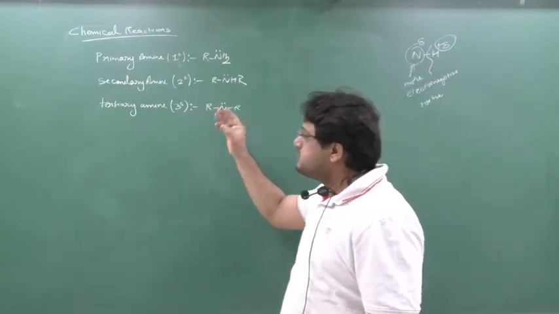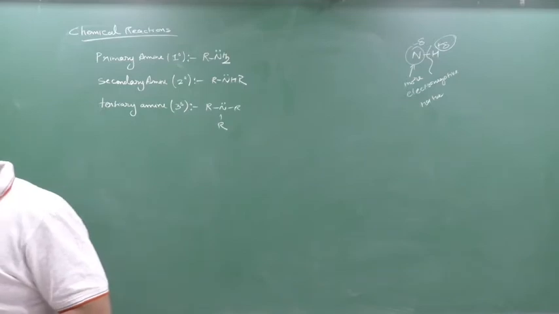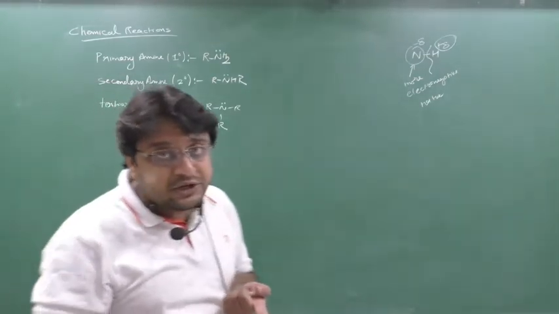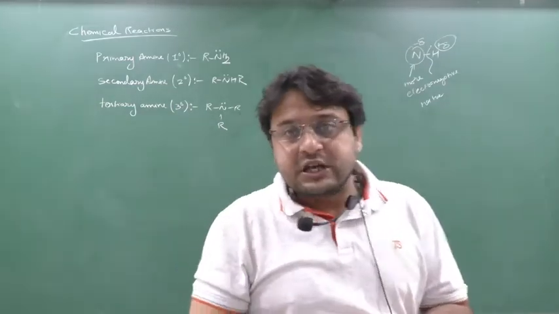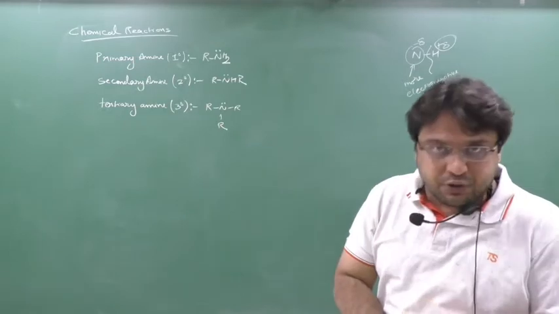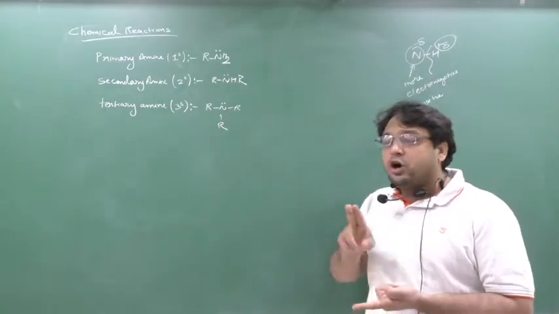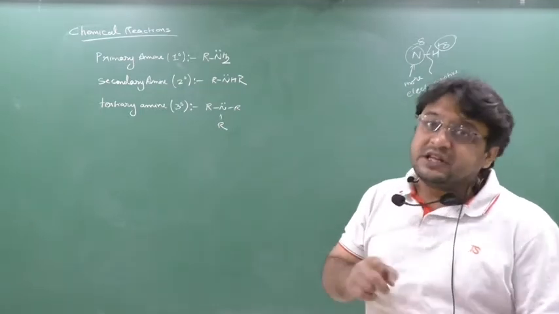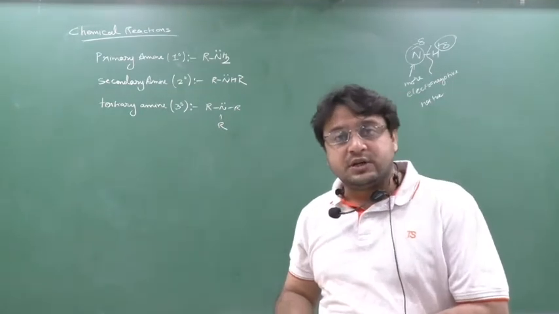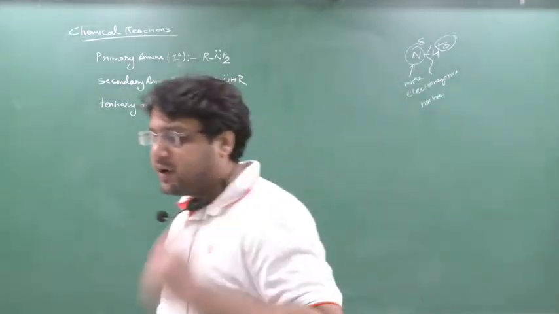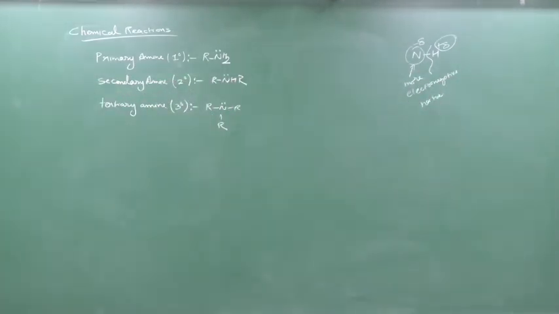So I can say that primary amine, secondary amine or tertiary amine show chemical reaction behavior due to two things. First is due to their lone pair, and second is due to their acidic hydrogen. So chemical properties of the amines are due to acidic hydrogen and due to lone pair. Sometimes the amines will show a common reaction, and sometimes different reactions with the same reagent. Write down. First you write down this.